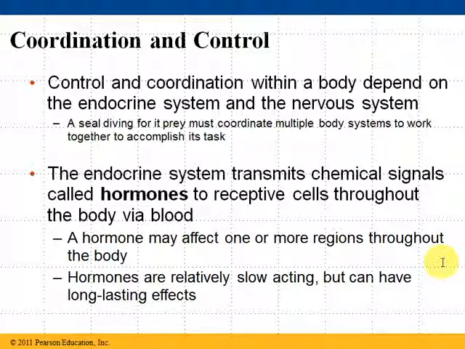But the endocrine system works off of chemicals, and these chemicals are called hormones, and they are sent throughout the entire body, and cells that recognize this signal then react. So the hormones are sent through the blood system, the circulatory system, and they're spread throughout the entire body. Lots of the body parts, lots of the body cells will get this signal but just ignore it because it